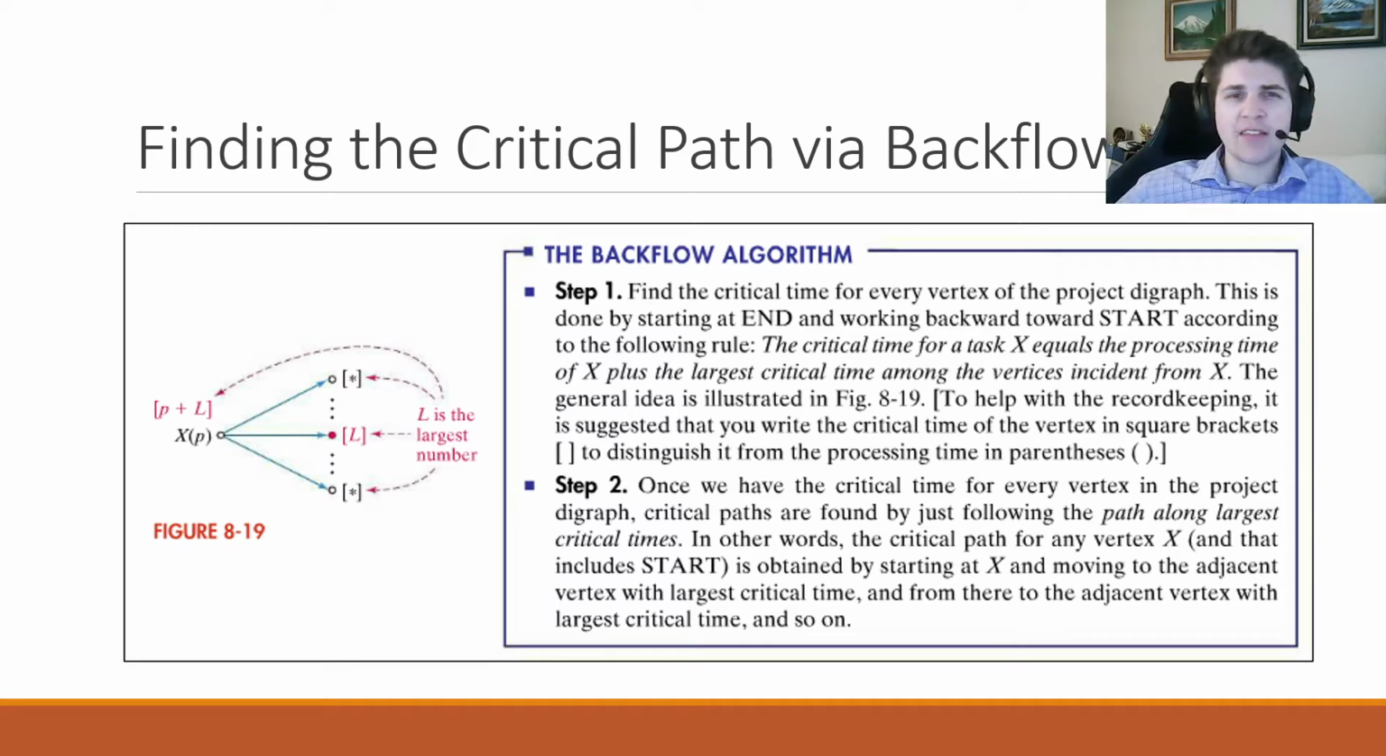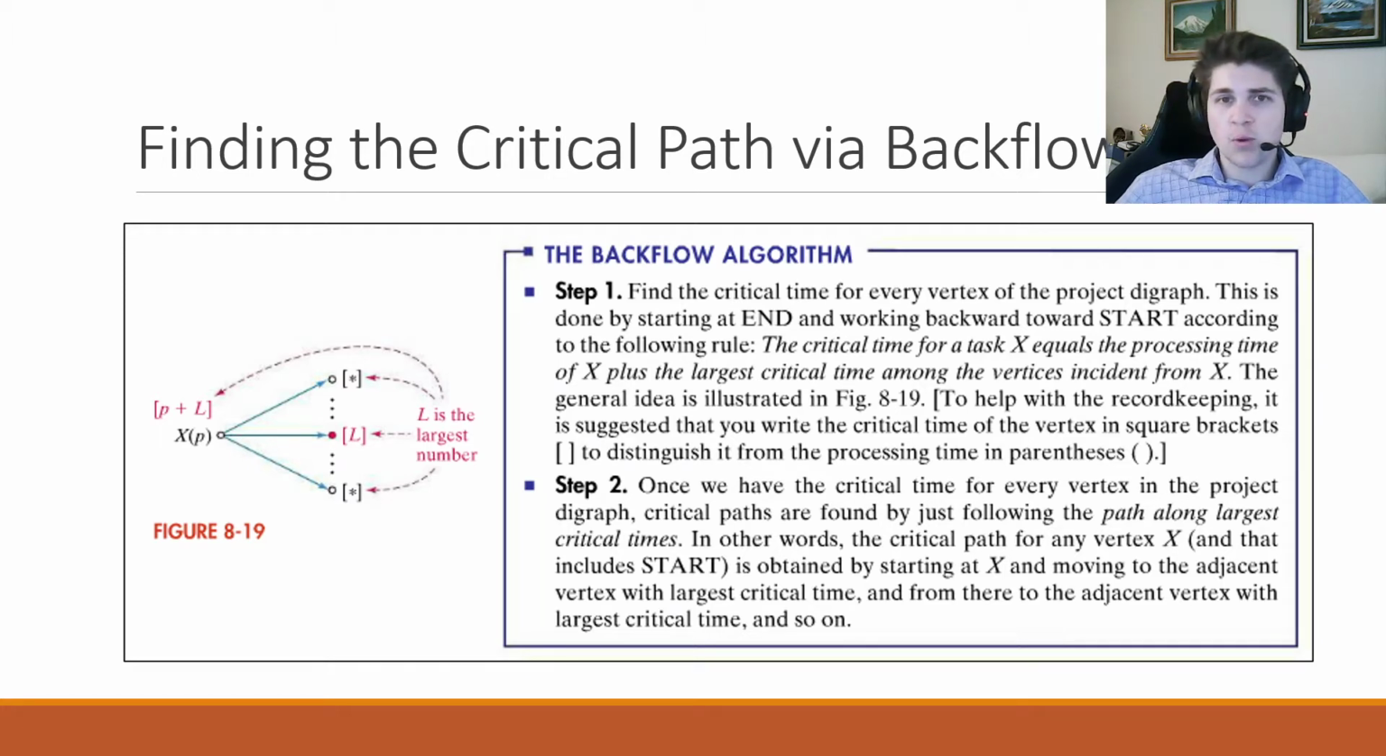Step one says to find the critical time for every vertex in the diagram. So that's the main goal of what this algorithm is going to do. And it says this is done by starting at the end and working backwards towards the start. And this is why it has its name, backflow. We're going to work our way backwards through the whole graph. And as I said in the last video, it's easier to start at the end, because at the end the critical times are way easier to find. And it says this is done by